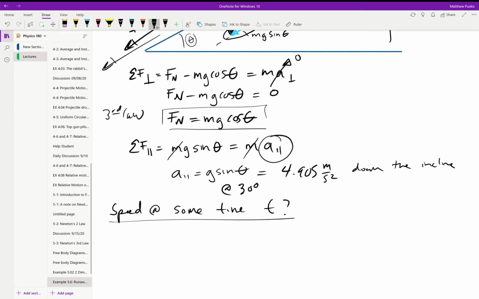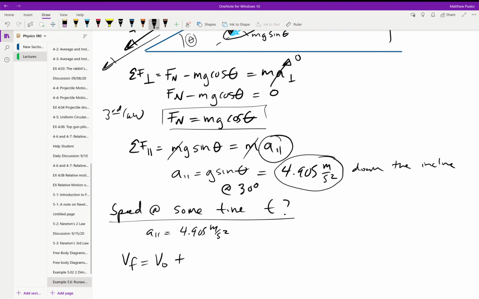Well, what we found was a constant acceleration. We found an acceleration down the plane of 4.905 meters per second squared. Since that's constant, we can use the constant acceleration kinematic equations. If I wanted to know the final velocity at some other time, then we use